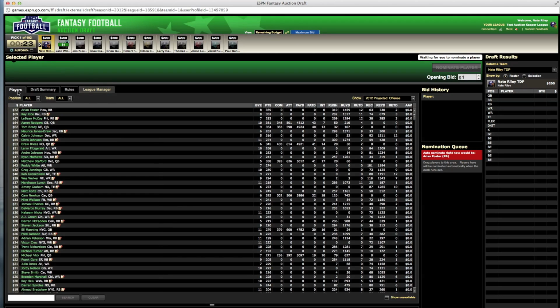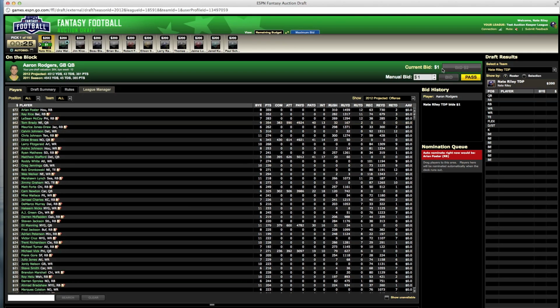I'm currently up to nominate a player, so I nominate a player, Aaron Rodgers. Now Aaron Rodgers is currently designated as a keeper by Jim's team. So if Jim wants to exercise his keeper rights on him, he gets a 33% discount off of the auction value in this auction. So I go ahead and nominate him. Whatever amount he ends up going for, Jim gets 33% off. And you can see everybody's team is bidding on him because everybody wants Aaron Rodgers, because he's an absolute stud.